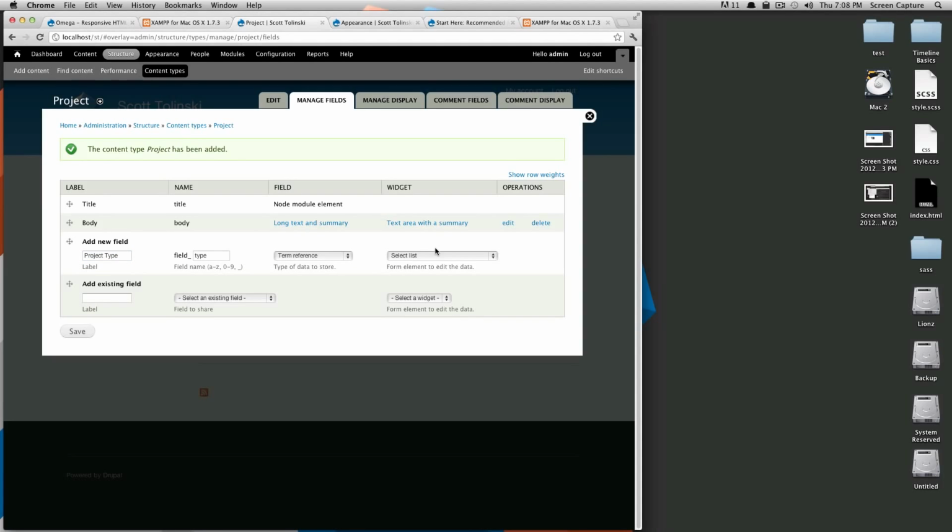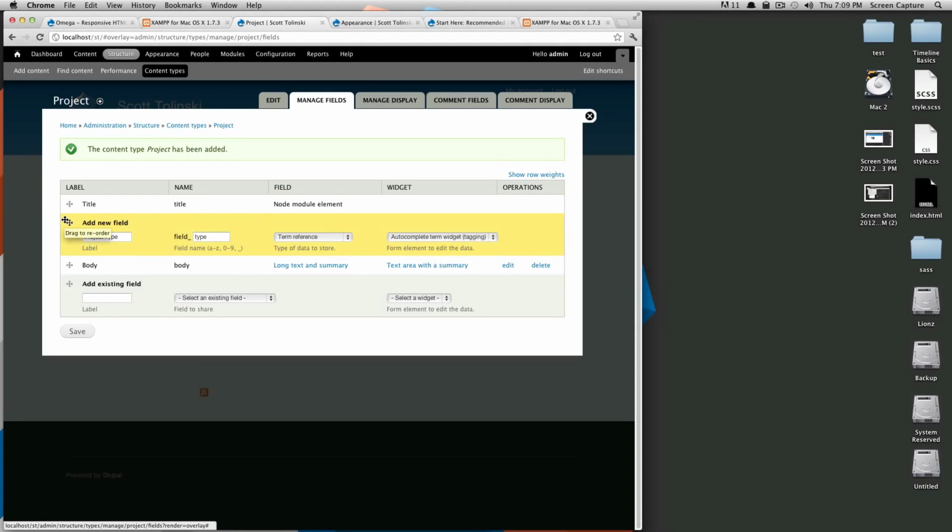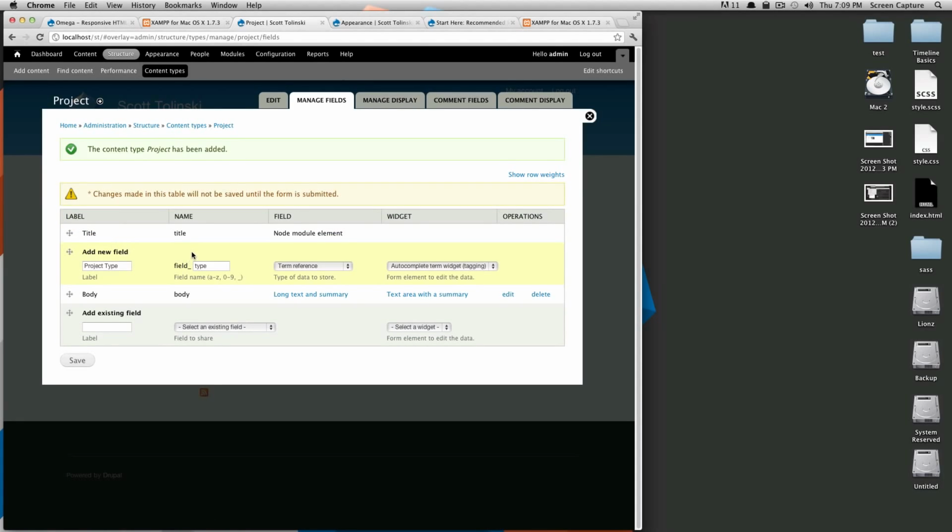So we're going to say term reference, and we want this to be an autocomplete term widget, because these things are probably only going to be one thing, and if I have a whole bunch of different terms, I don't necessarily want them to be check buttons or checkboxes, because that list could get really long. Okay, so to add a new field, you just have to fill out these forms. If I want it to appear above the body, which I do because usually I'll want to select what type of project it is before I start writing the body text, I'll drag it above here. And now we're going to click Save,